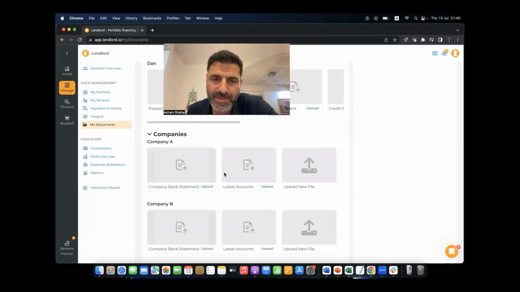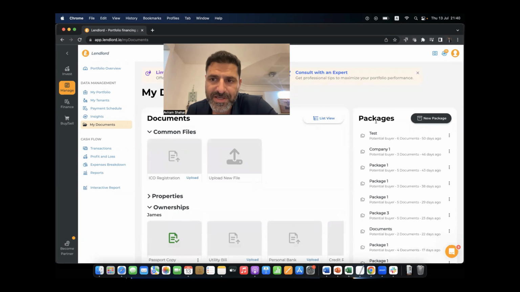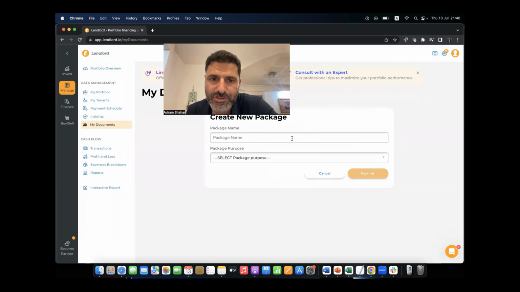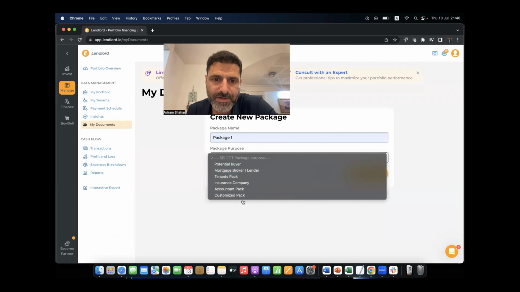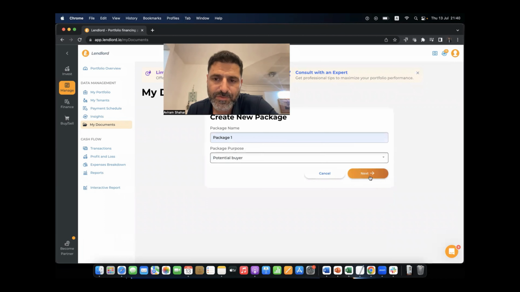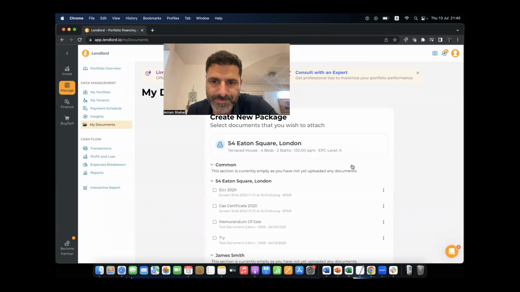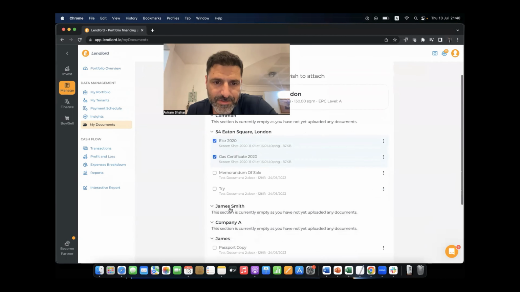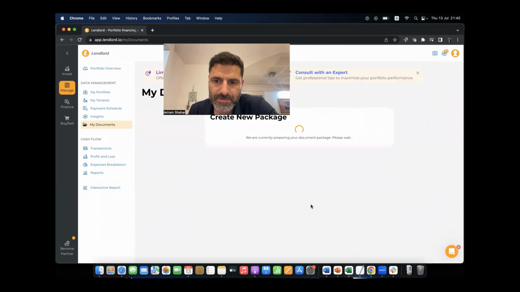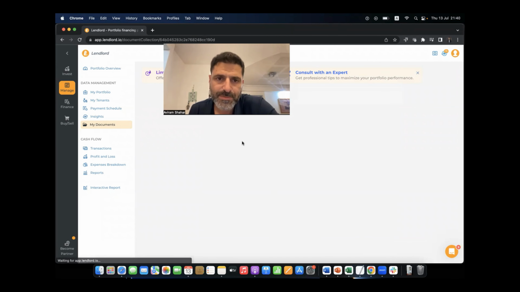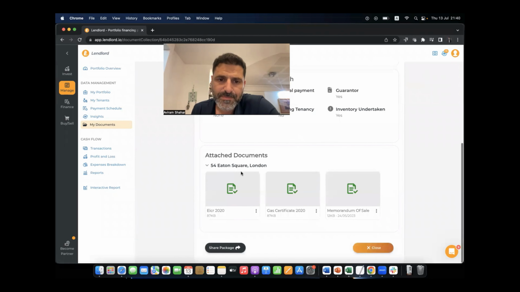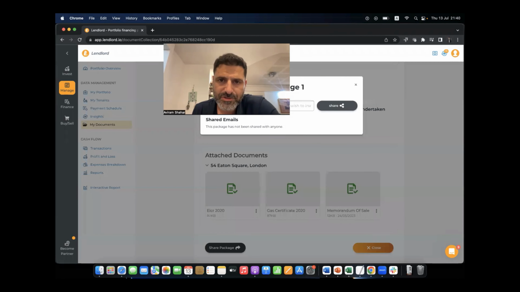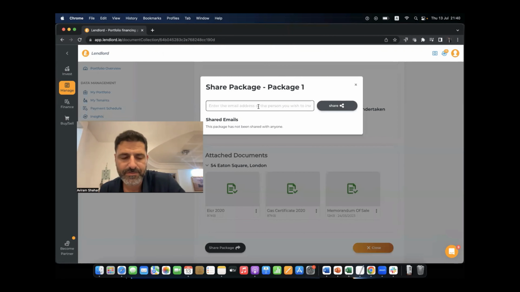And also, if you maintain companies on Landlord, you can upload the company documents here. On the packages, on the right side, you can share packages with your broker, potential buyer, or your accountant. So in a few clicks, you can share documents. Just select the documents you want to share. You can create a package with some details about the property and with the documents you want to share. Click on share package. Just need to put the email, and